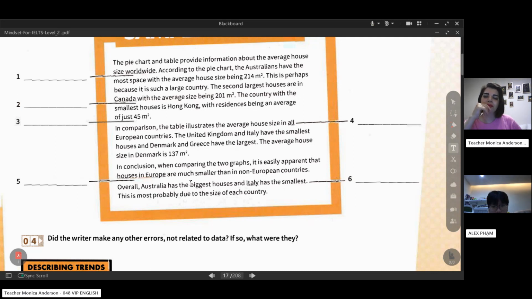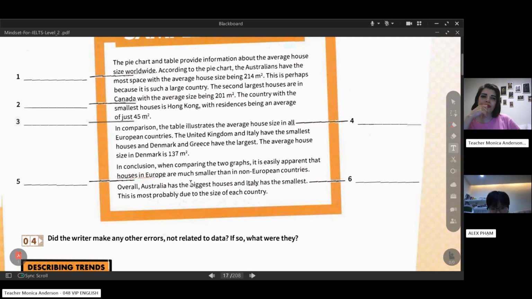This is perhaps because it's such a large country. The second largest houses are in Canada, with the average size being 201 square meters. The country with the smallest houses is Hong Kong, with residents having an average of just 45 square meters. In comparison, the